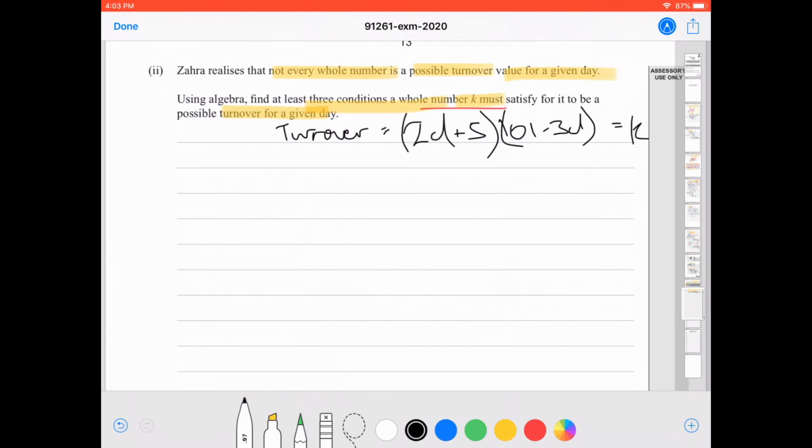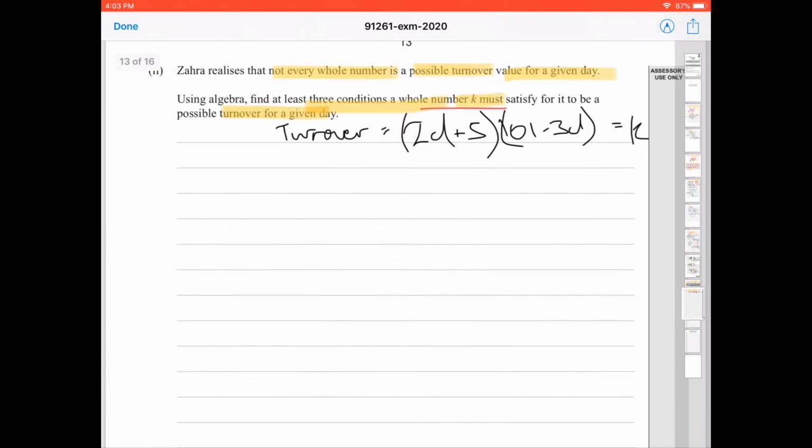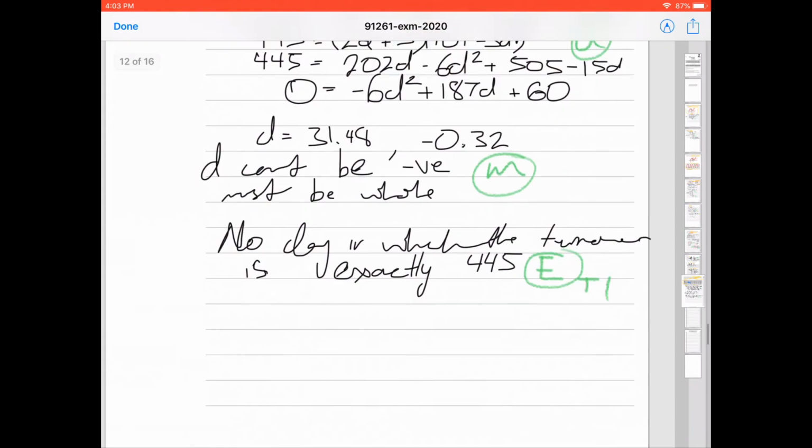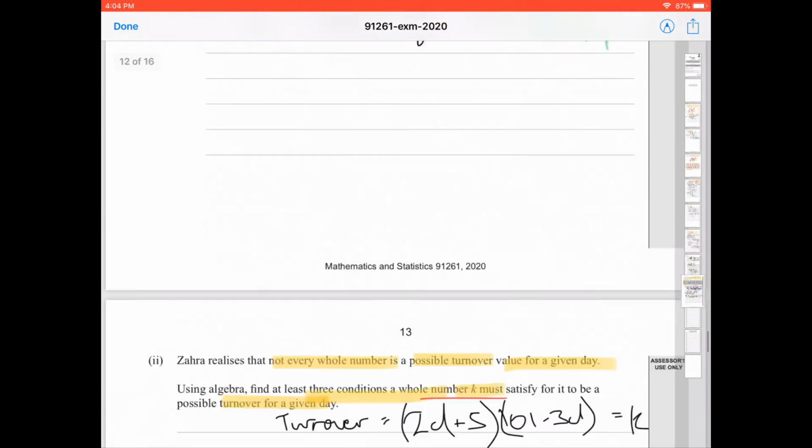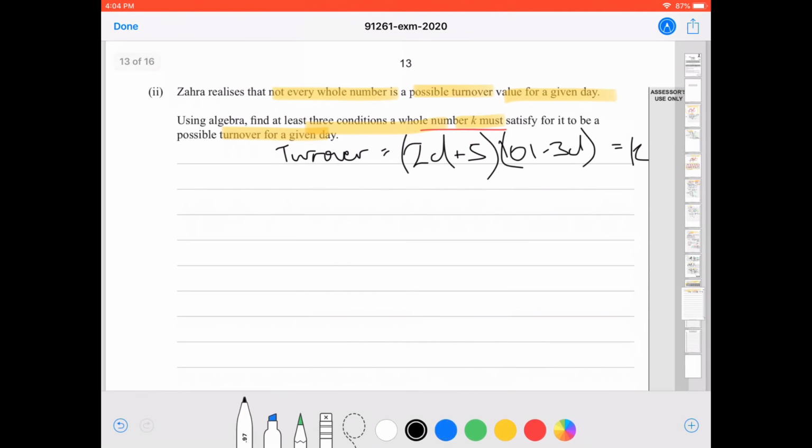Now, there's no need to go through the whole expansion process again. Let's just look up here. Our expanded quadratic is 202d minus 6d squared plus 505 minus 15d. So let's bring this down to our workings here. And so we've got minus